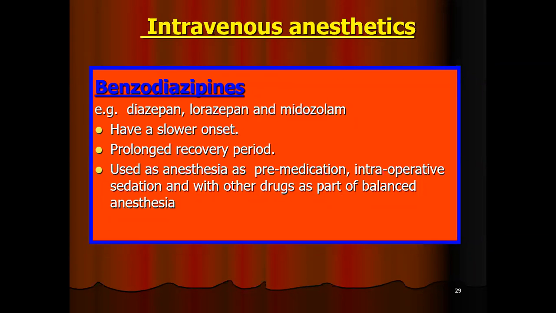Intravenous anesthetic agents, benzodiazepines. Diazepam, lorazepam, and midazolam. They have slower onset, means their induction is slow and the recovery period is prolonged. So the first and the most important merit of a good anesthetic agent is that it causes fast induction and fast recovery, which benzodiazepines lack. This is used as anesthesia and is also used as